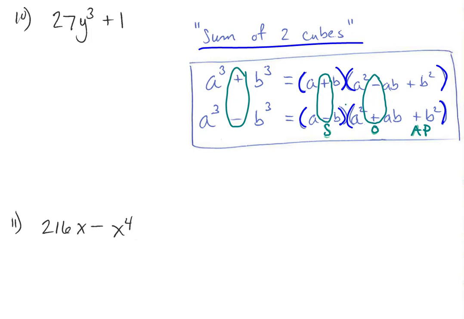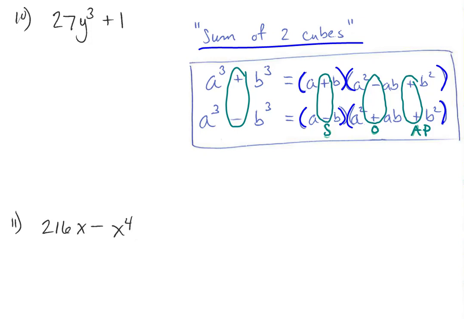So same and then opposite, and then the last signs are always positive. So that's where the AP comes in. So same, opposite, always positive, SOAP. It could be a convenient way to remember this, and double check it before you run off forgetting to change the signs appropriately here. So with our first